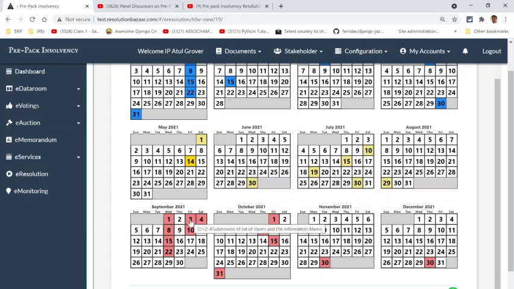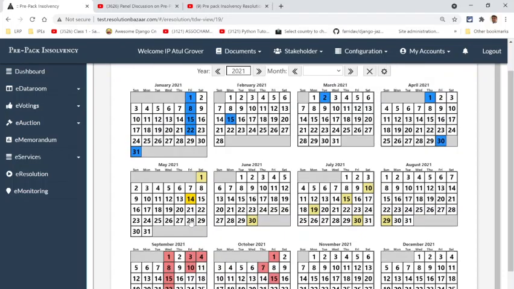Within 2 days, the preliminary information memorandum and list of claims will have to be handed over to the resolution professional. Mind you, the claims and the information memorandum that are being asked for within 2 days have already been prepared in the first phase itself. So it's just a formal handing over ceremony more than actual preparation. The preparation should have already been done in the first phase itself.